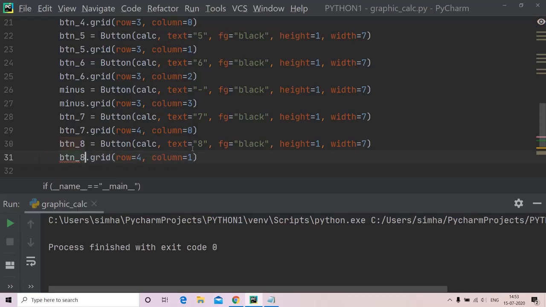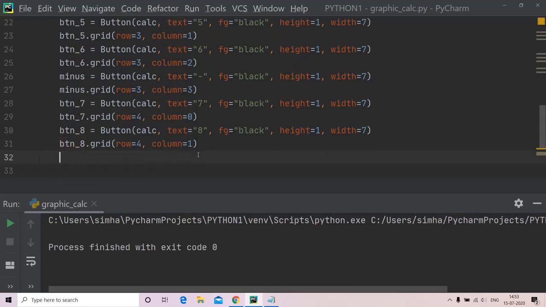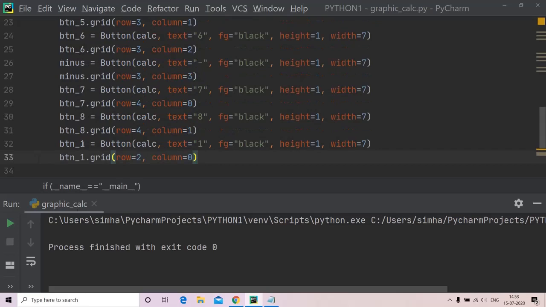Button 8, and again button 9, I'll change my text to 9, column 2 and row to 4, button 9. Okay,